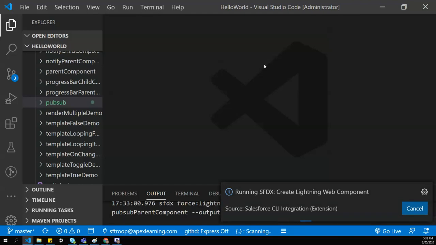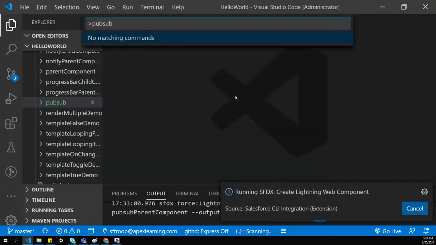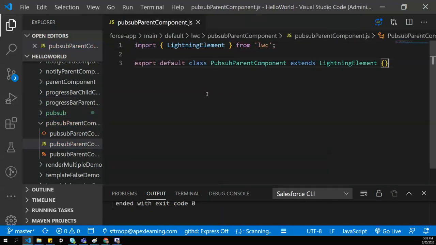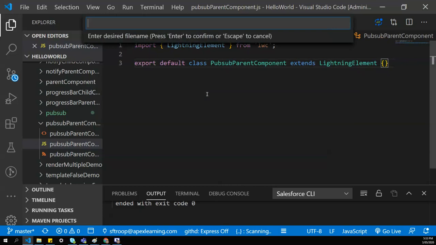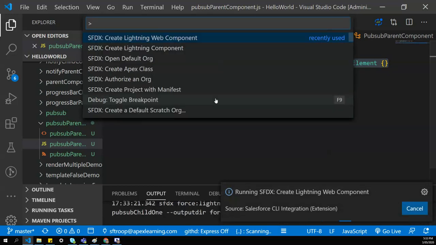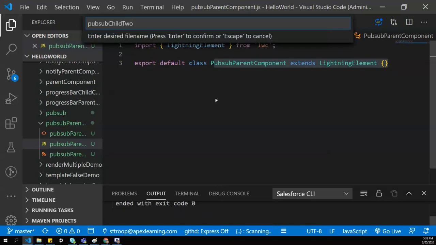Default path. The second component is PubSub child 1, and the third component is PubSub child 2.